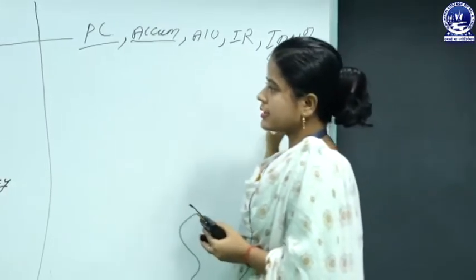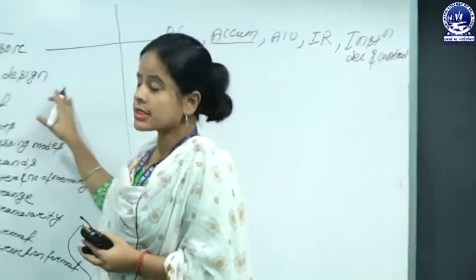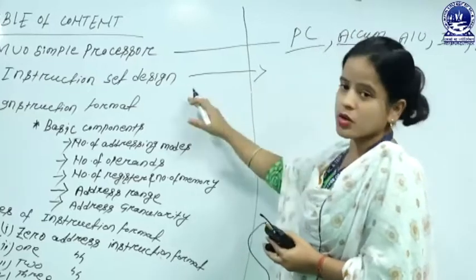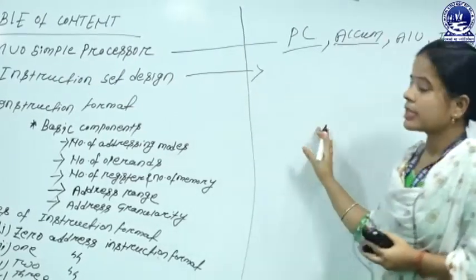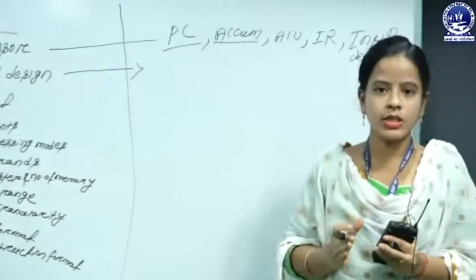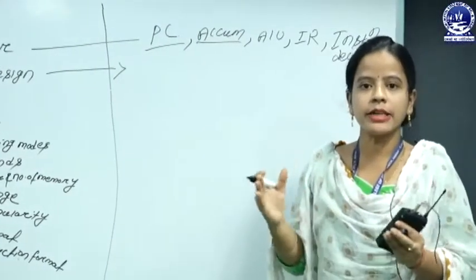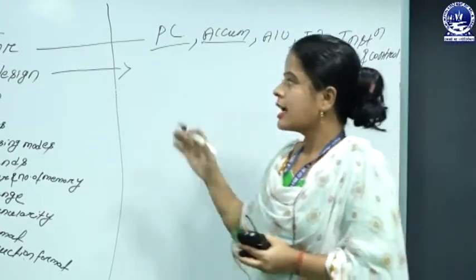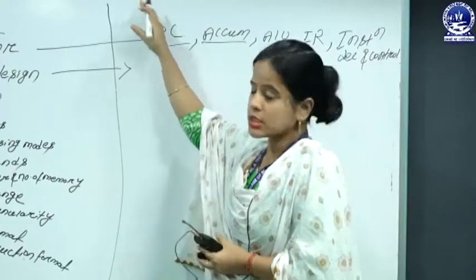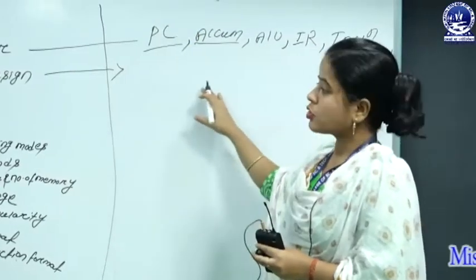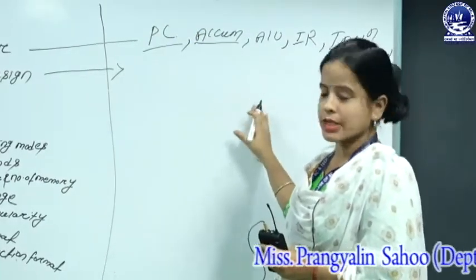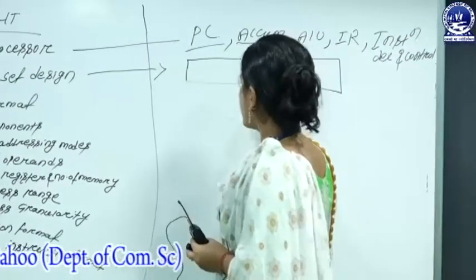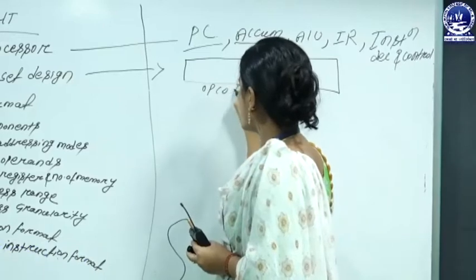So now go to the next part, that's your instruction set design. Instruction set design means, generally, what is an instruction? An instruction normally consists of a number of opcodes and operands embedded together to provide one objective, and that is called an instruction. In the case of the MU0 simple processor, the instruction size is fixed in nature, that is 16 bits. Here the instruction is divided into two blocks, one for the opcode and another for the operand.